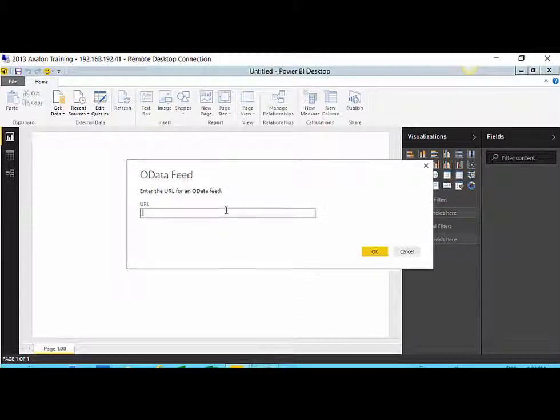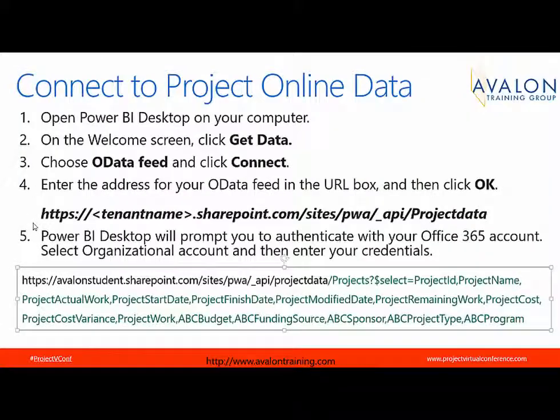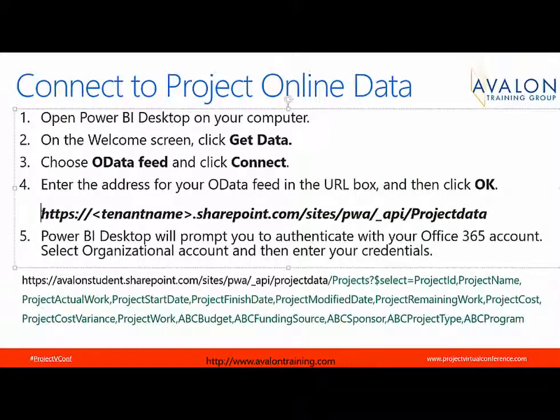and this time I'm going to type in a long URL which includes a select statement identifying which fields I would like to include. Now, I just so happen to have this typed up in one of our slides. So rather than typing it in here, I'm going to copy and paste it from the slide deck into the dialog. So in the slide deck, when we connected to the entire feed, I typed in the name of our tenant, sharepoint.com/sites